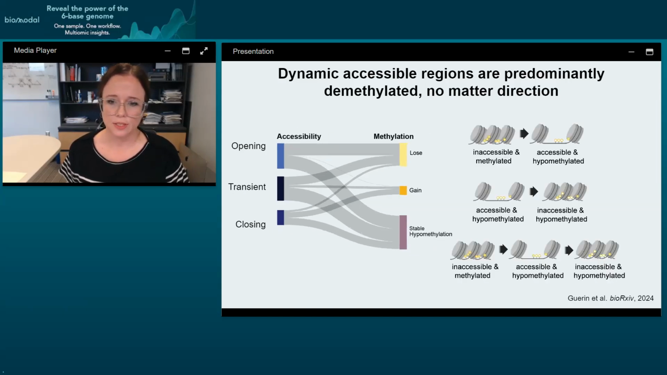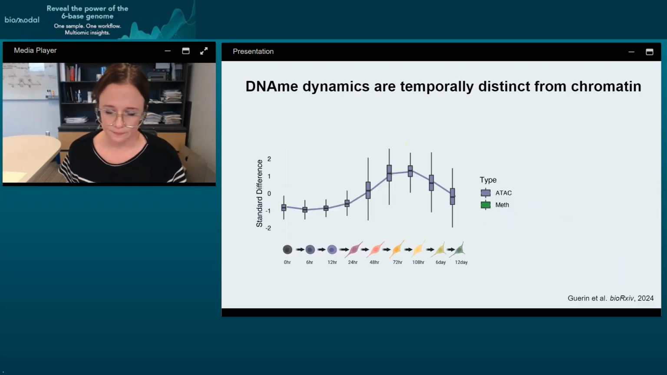are losing methylation. So again, we have these different groups that either start inaccessible and methylated and become accessible and hypomethylated. That would be a concordant transition. Regions that are accessible and hypomethylated and then become inaccessible and hypomethylated. Or these transient states where they're inaccessible and methylated starting out, becoming accessible and hypomethylated, and then losing accessibility but remaining hypomethylated. So this is an example of one of those groups of transient regions that opens and closes during